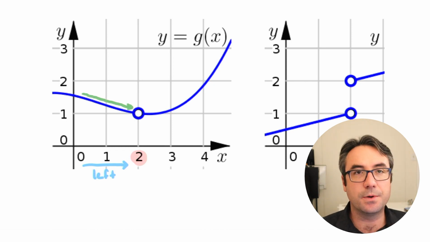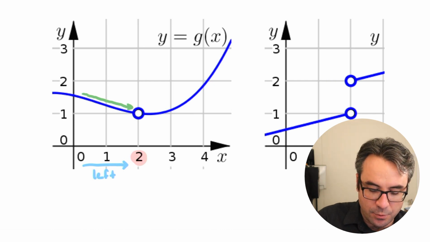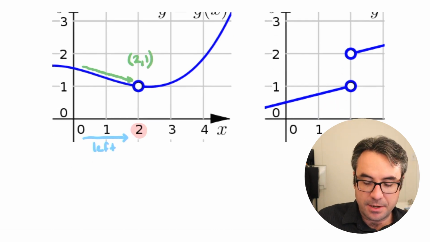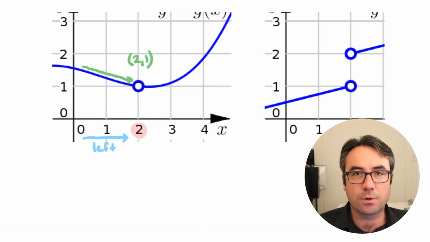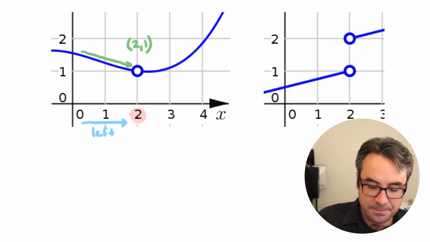What are the coordinates for that point? Well, 2, 1. Because that's what we're approaching on the left side, for our left-hand limit,